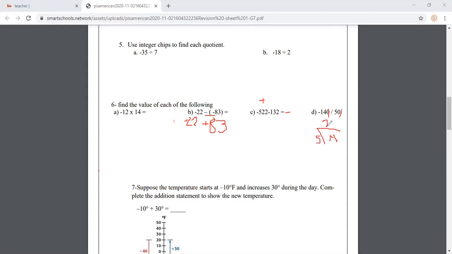Then it will be equal 2. 2 times 5, it will be equal 10. And the remainder, it will be equal 4. 4 is not enough, so we can put a dot next to the 2, and then you will drop 0 down, so you have 40, so 8. So the answer by decimal, it will be